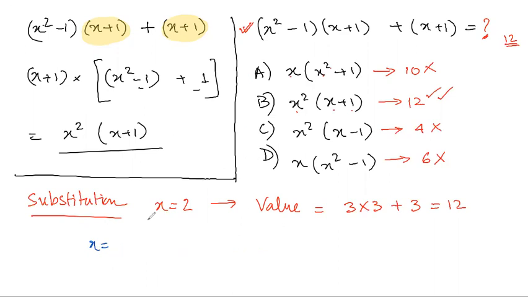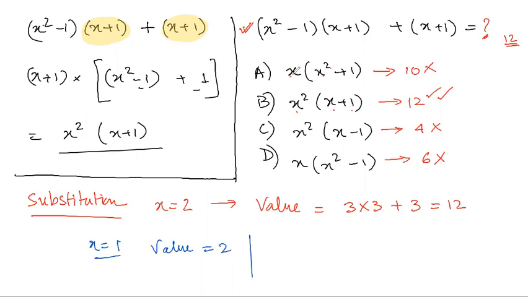Say if you had plugged in 1, let's check 1 also. Given expression, 1 minus 1, so 0 times something, 0 plus 2, so the value will come out to be 2. If you think that at any point I'm going fast, just pause the video at that point and go through it again. You can always go back and forth, right? I'm just going in a flow. So the value is 2, right?